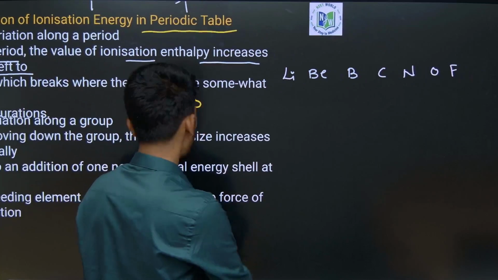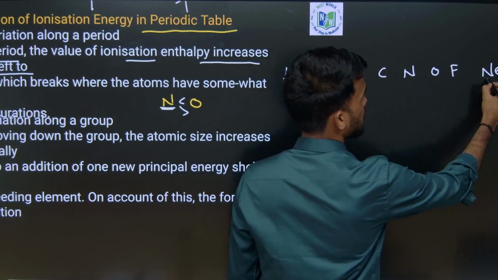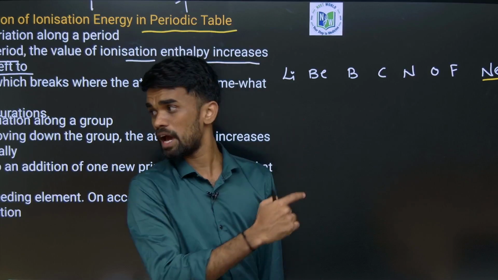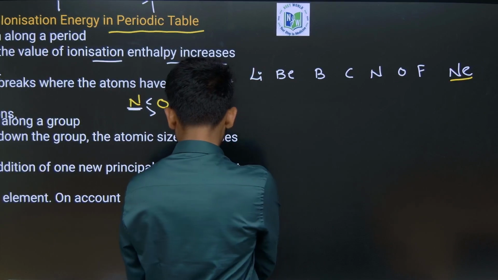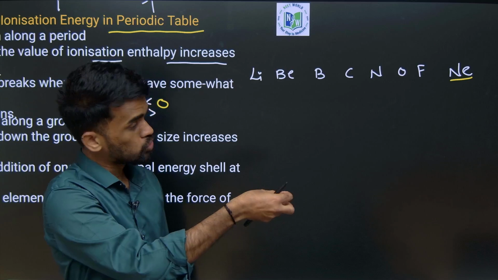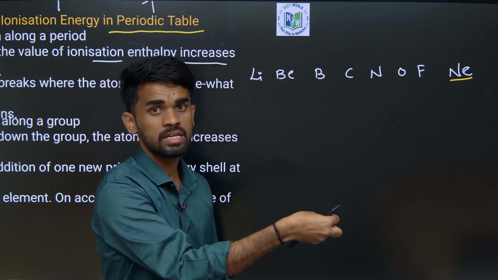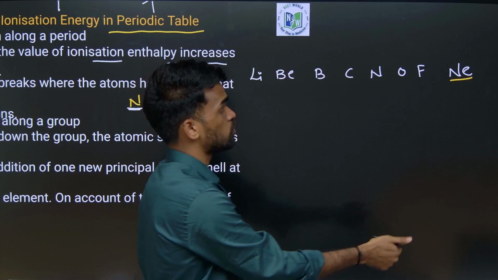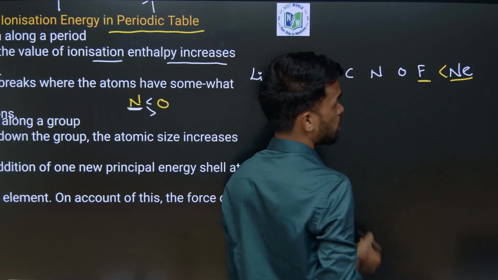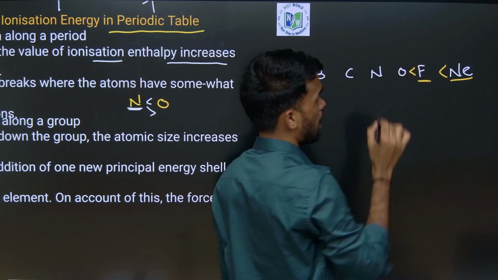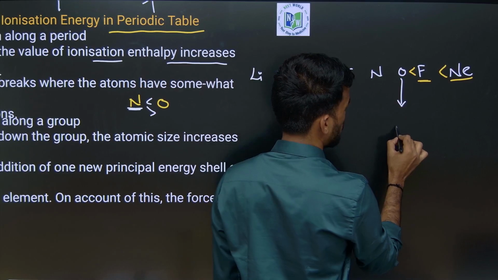Just write this. If we have noble gases also, always remember, since noble gases have stable electronic configuration, they will have the highest ionization energy. Therefore, no need of comparing here, because they are already very stable. In order to remove an electron from a stable species, it is very difficult, so it requires more energy. It means more ionization energy is required. Therefore, noble gases always have high ionization energy. Since fluorine is a more electronegative element, it will also have high ionization energy. So when it comes to oxygen, what is the valence electronic configuration?